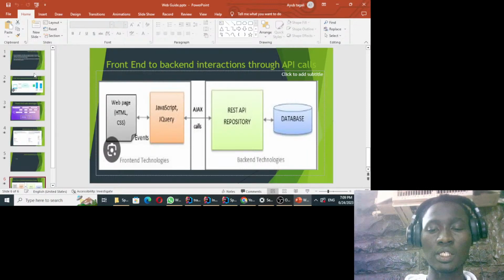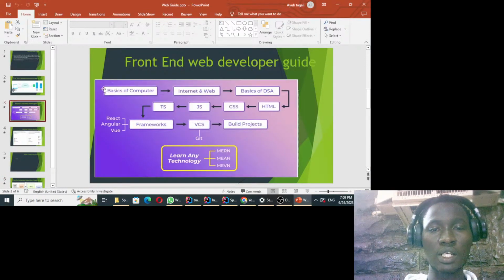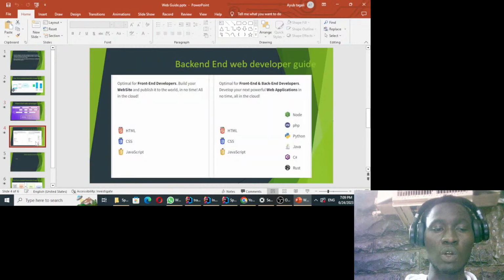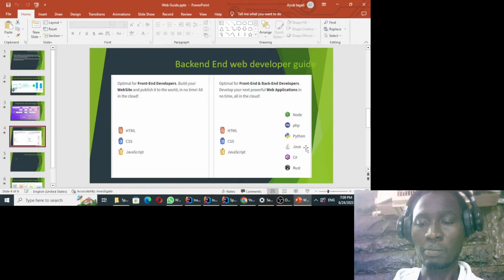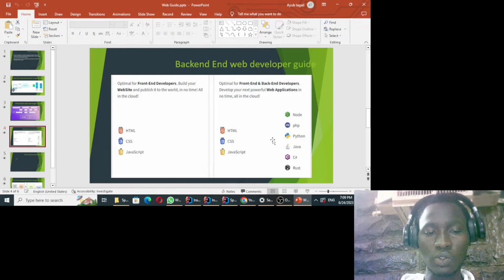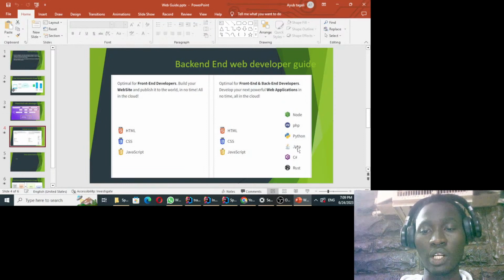And then when we meet in the next session, we will first start with the front end. We already have 4 videos on HTML, and when we resume, we are going to start again with lesson 5 on HTML and continue, and we will finish lastly with JavaScript. And then on the backend, we are using Java and Spring Boot. If you don't understand the Java programming language, you can also watch our playlist from lesson 1 on Java fundamentals, and also the Spring Boot playlist from lesson 1 to the end.